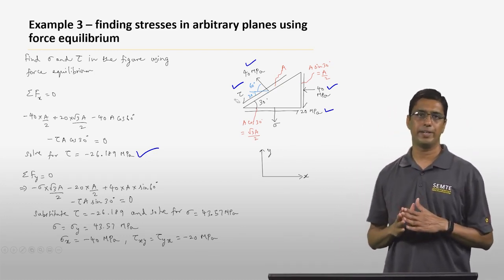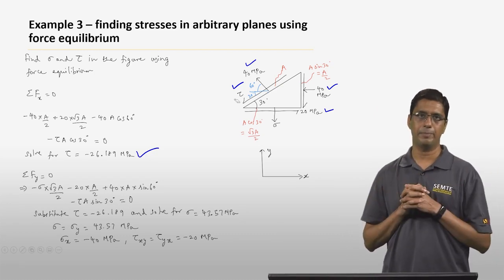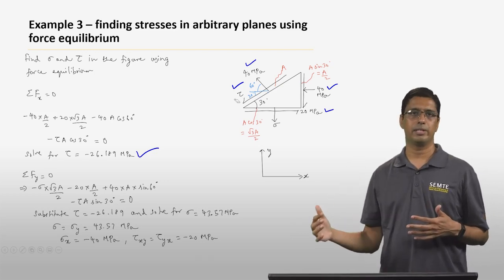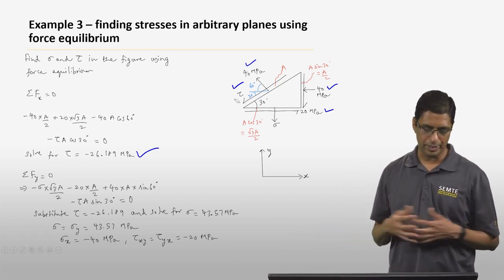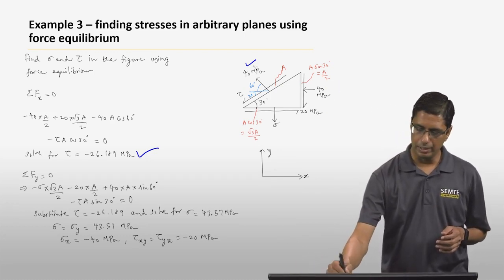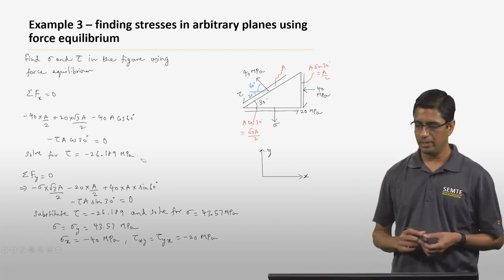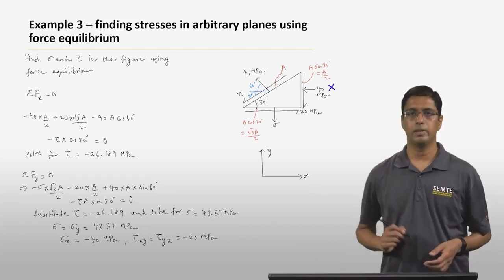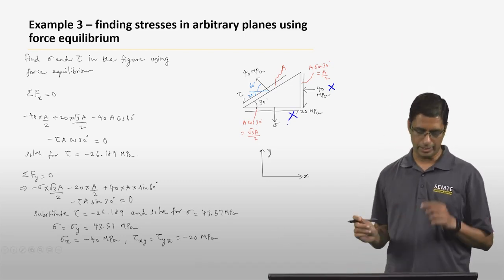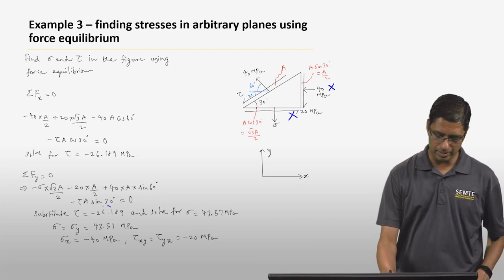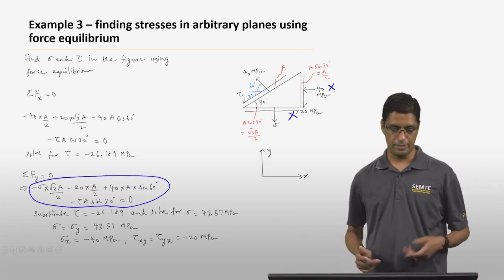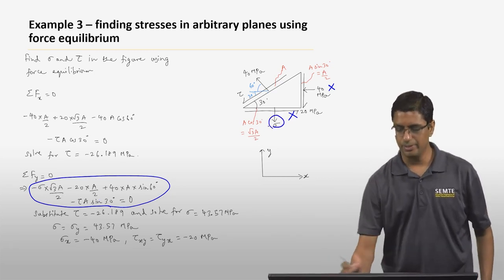This is how we got tau using the force equilibrium along the x direction. Now, you can do the exact same for the force along the y direction. If sigma Fy equals 0, then when it comes to the equilibrium along the y direction, this shear stress will not contribute. But the other four stresses will contribute, and all these terms here essentially correspond to those four stresses. So if you look at the first term,